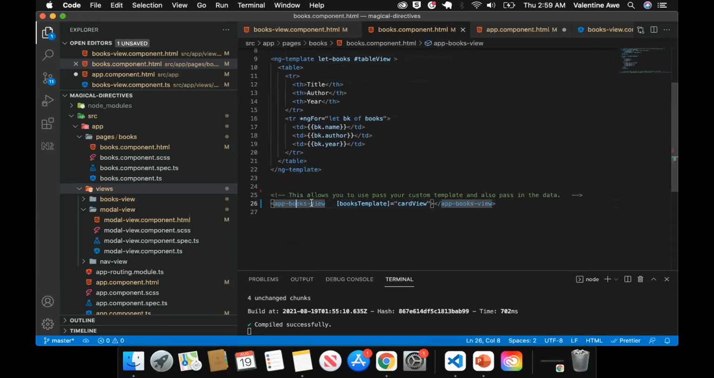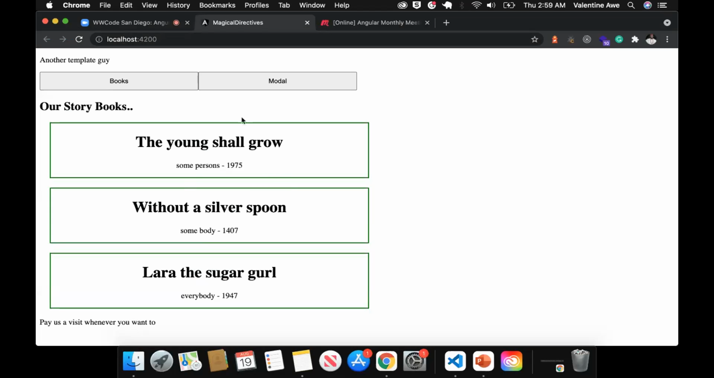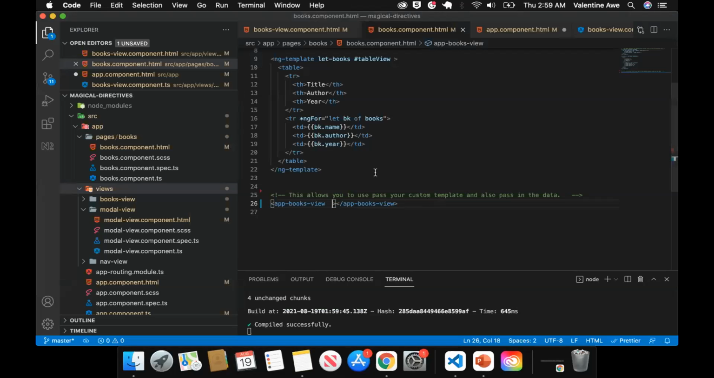And then we are calling the app view that we have created, and then we are passing a template this time around to it. Okay, I guess I was showing the wrong code earlier. So when we remove this template, these are app books view, and then we have these nice looking cards that are showing here. But if we decide to pass in data,